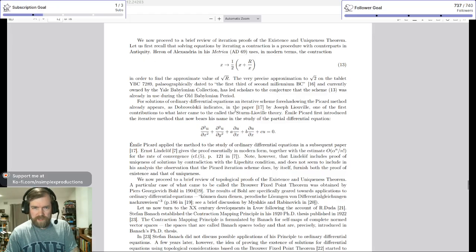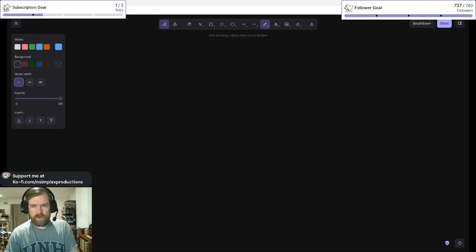Okay. So, coming back here, right. We wanted to look at how to do the approximate value of the square root of r. So, if we were to